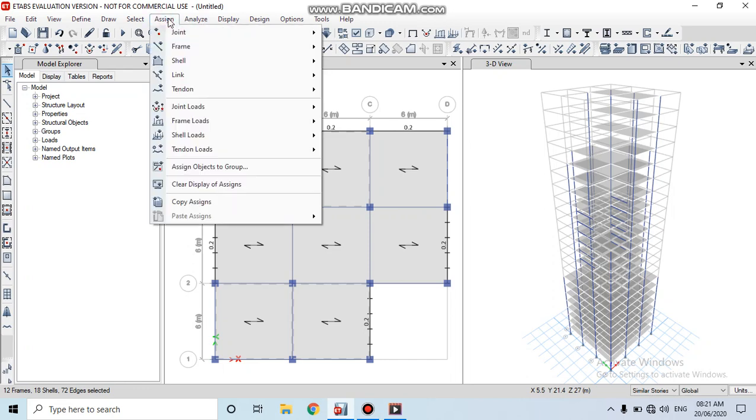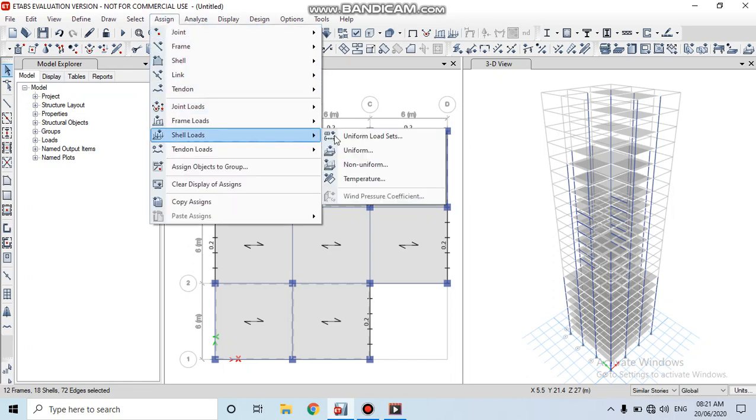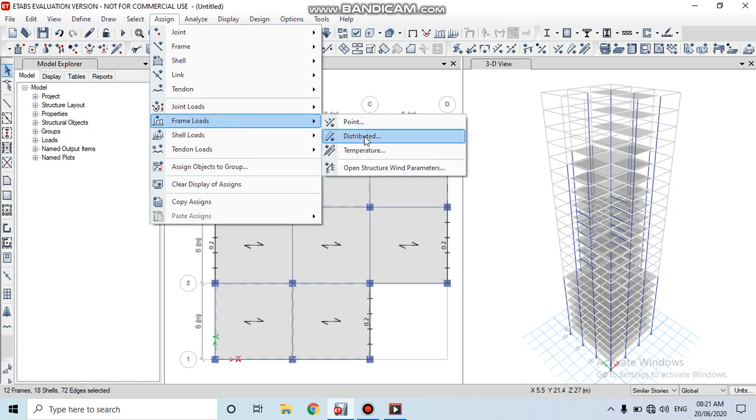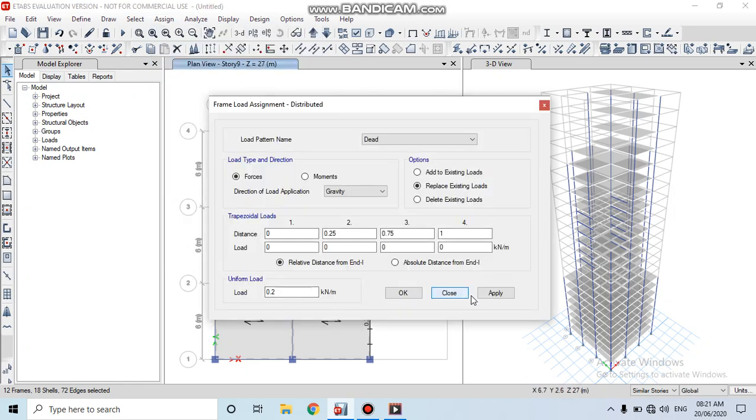Click on assign, frame loads. Click on distributed with a 0.2.